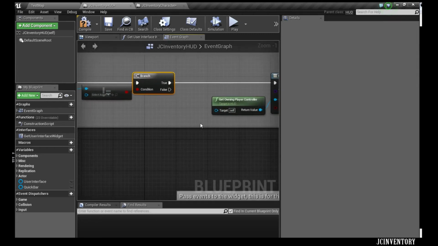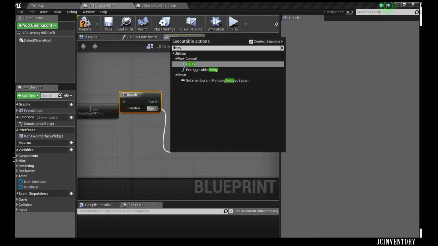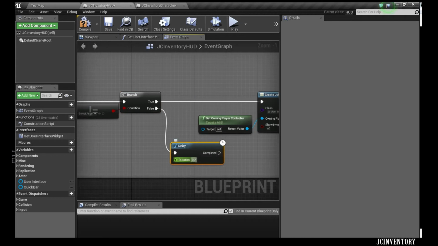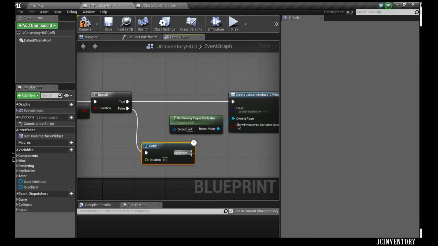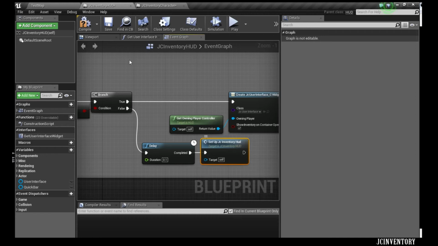However, if it's blank, we're going to wait one moment, one very small moment, and we're going to set up the JC inventory